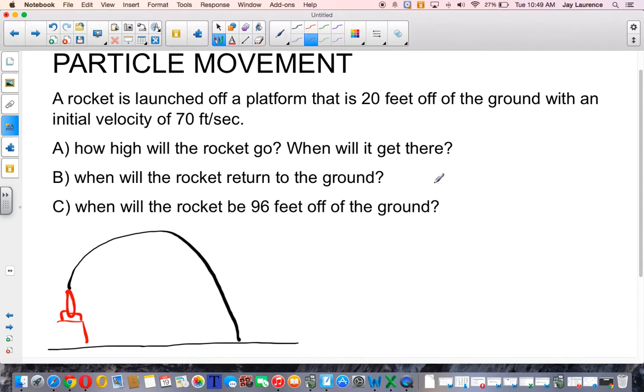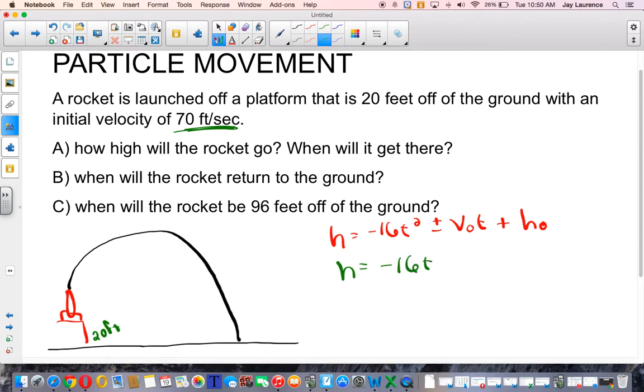Well, let's first of all get our equation going here. We know h equals negative 16t squared, excuse me, plus or minus v sub o t plus h sub o, right? Where t is time, v sub o is your original velocity, h sub o is your original height, and h is your ending height. So let's see, this is 20 feet here. We know the initial velocity is right there. So the equation I'm going to use is negative 16 t squared plus 70